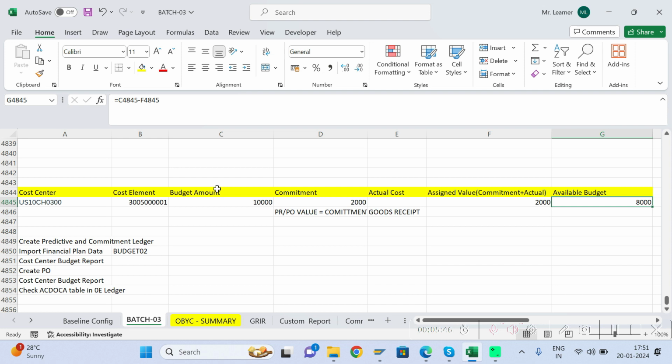Available budget means your budget amount minus this one. In this you have actual cost plus committed amount. So both you have to reduce from this to this. If you reduce, you will get the available budget. Okay, now